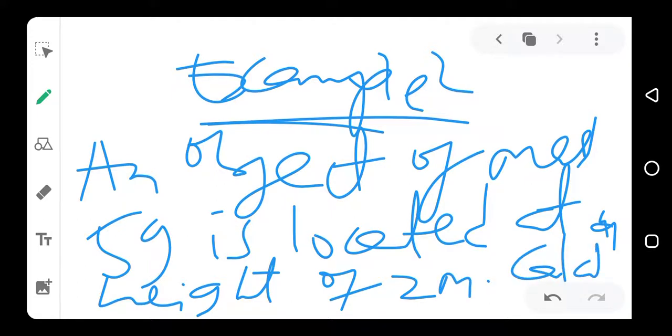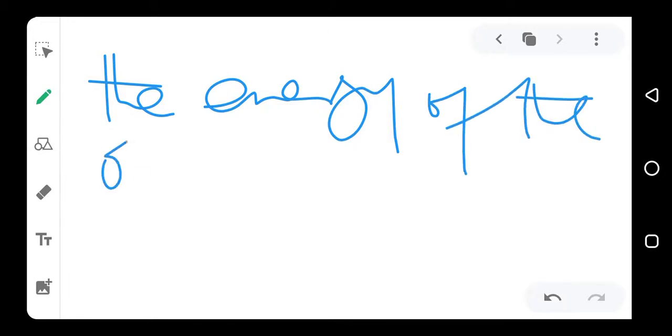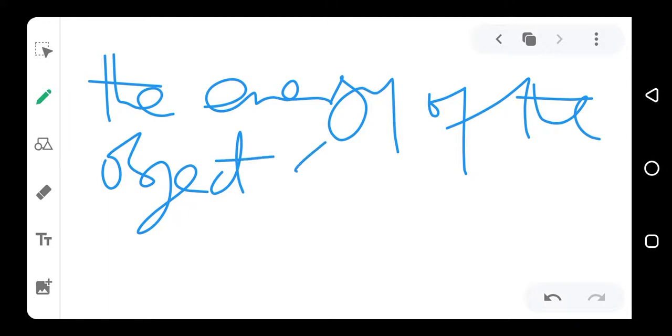Calculate the energy of the object at the point or at that height,